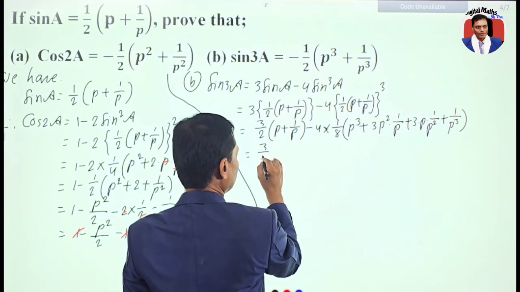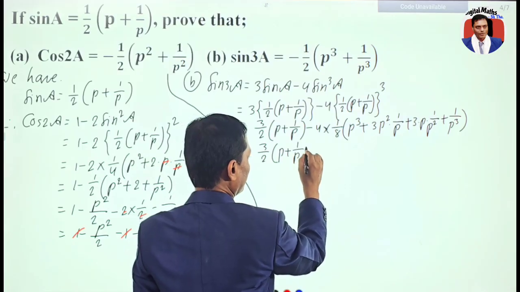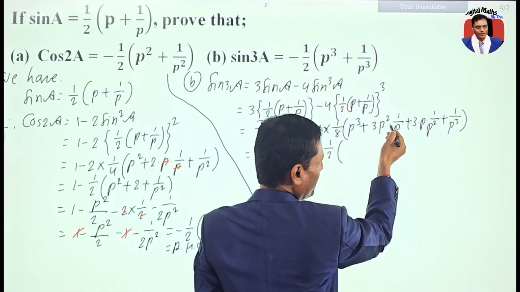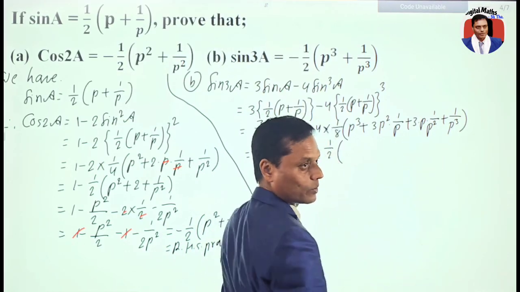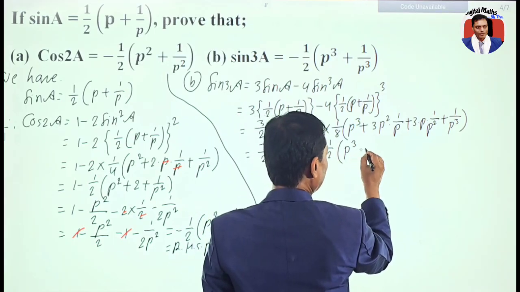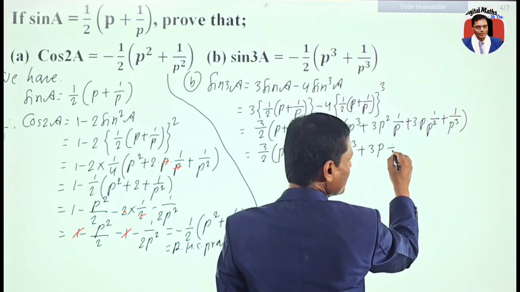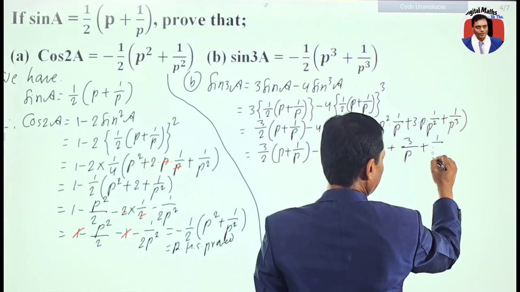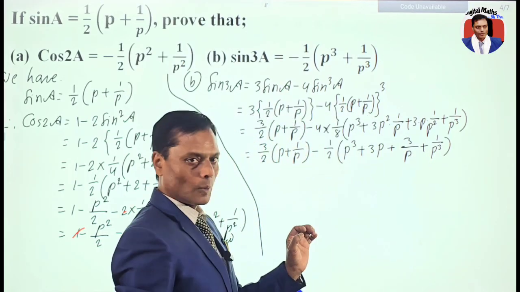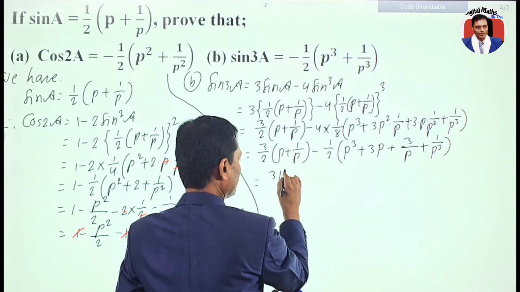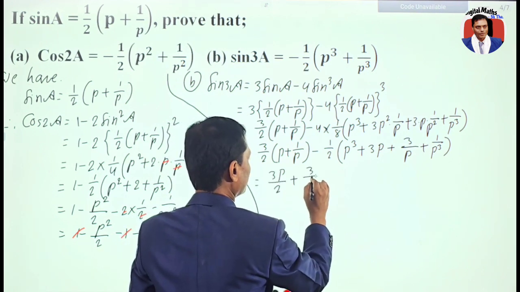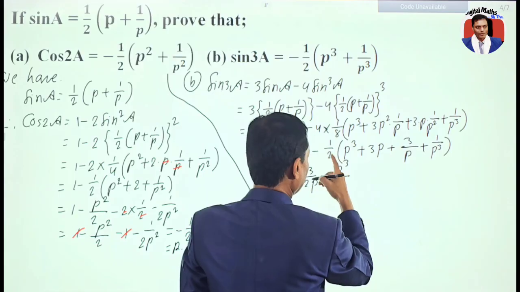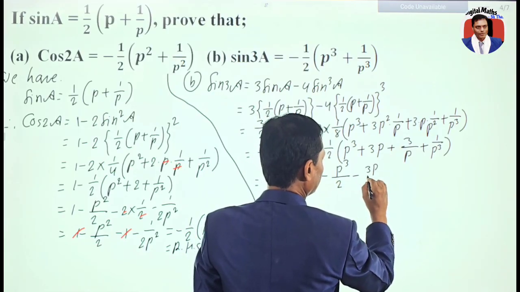And now here is 3 by 2, and here is p plus 1 by p, right? And it gives us 1 by 2 because 4 over 8, and here 1p cancelled, and here also 1p will be cancelled. So remaining we'll have here p cube plus there is 3p only, right? And plus we can write here 3 over p and plus 1 by p cube. Now I'm just going to open the bracket. So that gives us here 3p by 2 plus 3 over 2p here minus p cube by 2, right? Plus minus minus 3p over 2 here